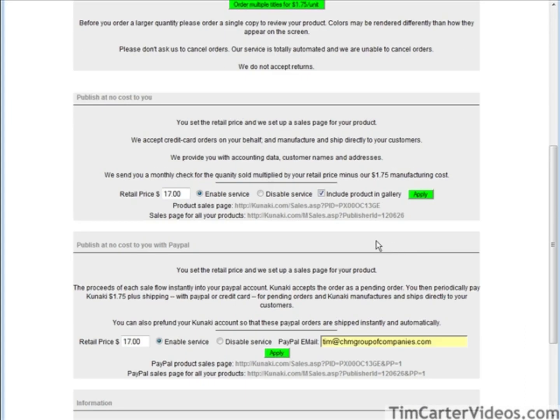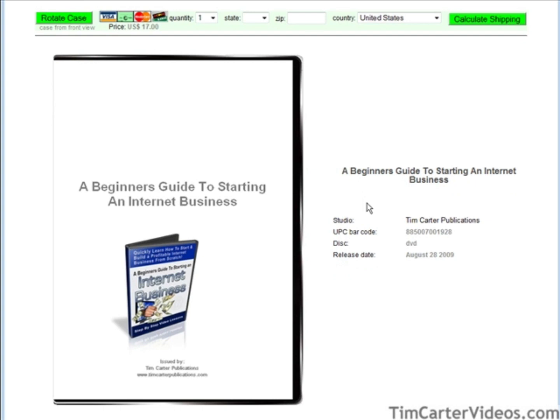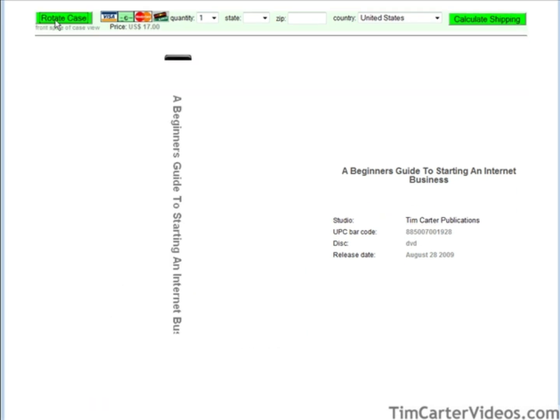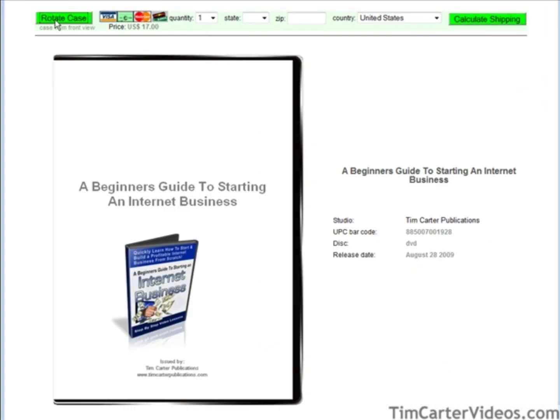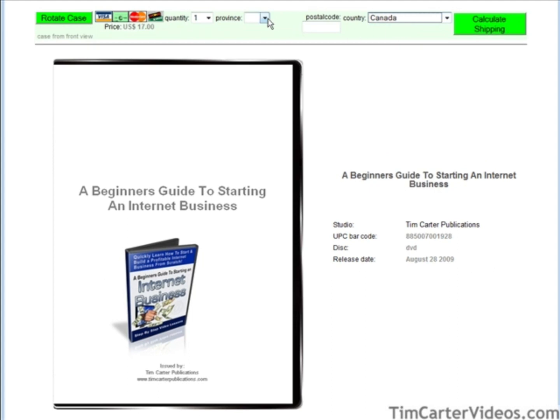Now we have some different websites here that are used. For instance, if we're going to use Kunaki's shopping cart, we have two URLs here. We have the sales page, which they provide for you, and it has all the details that you put on the design screen here. They can also rotate the case, look at what's in the case, look at the DVD, etc. Then up here they can order their quantities, and they pick their country here, for instance, and then they can pick where they are